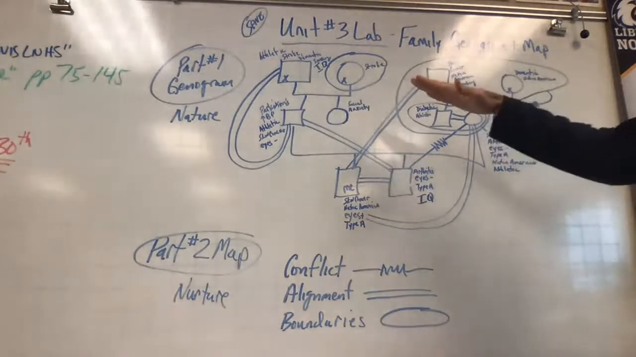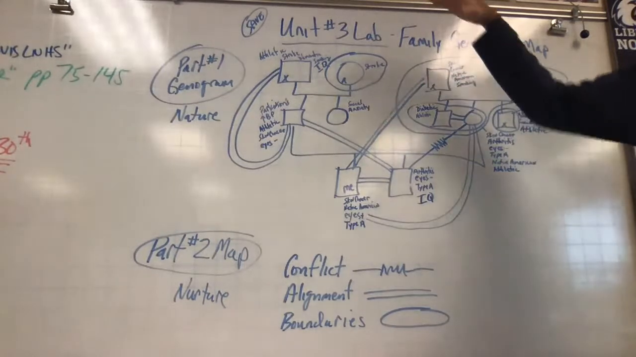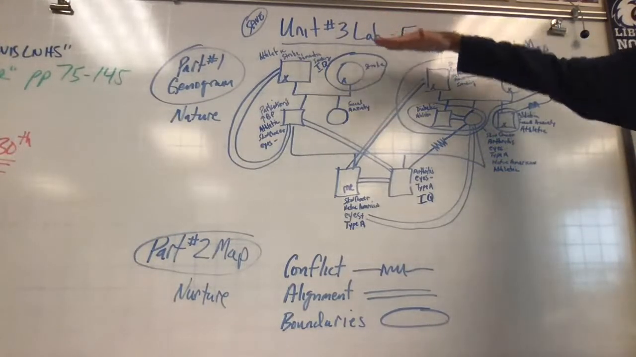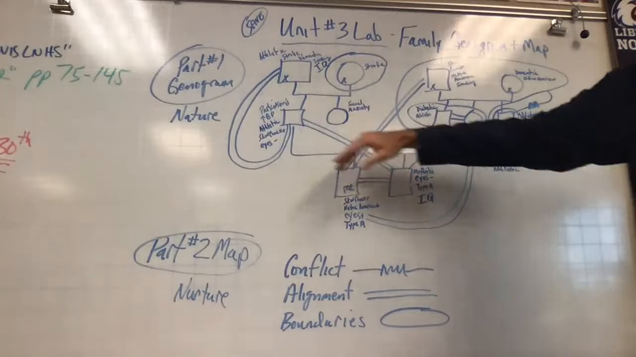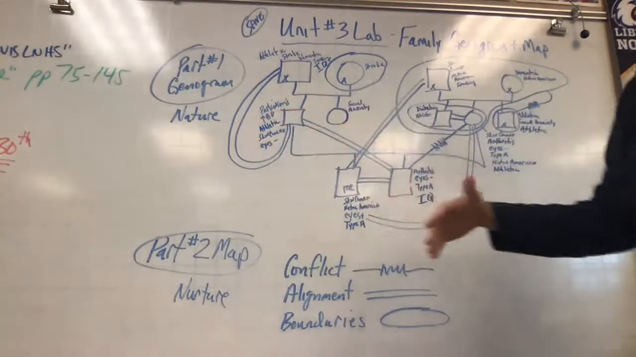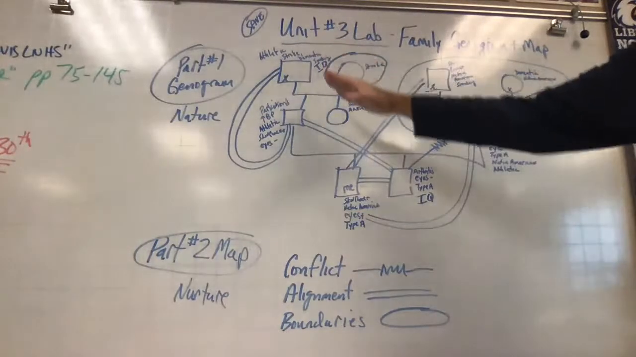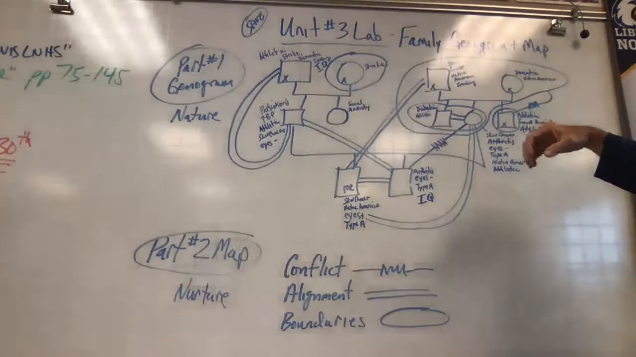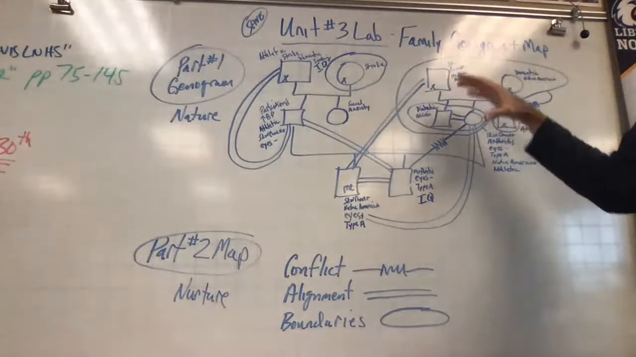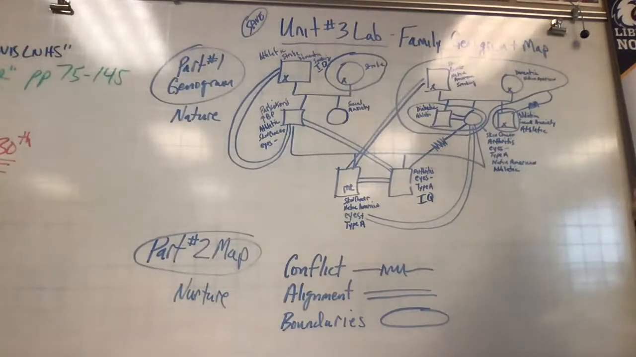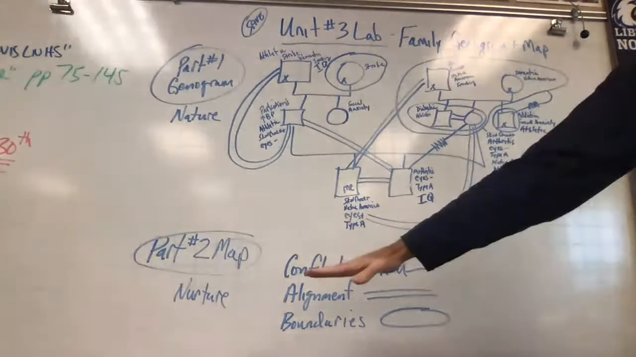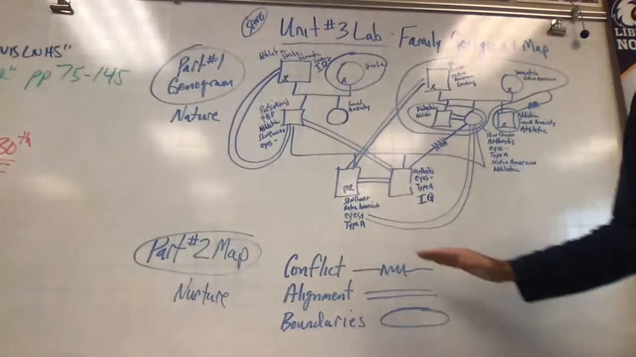So again, part 1 was to diagram your family from your grandparents down to you, and then label any nature or genetic influences on you. So you're just to identify genetic things, biological influences on you. All right, so part 2 is the nurture side of the assignment, in which you're going to map